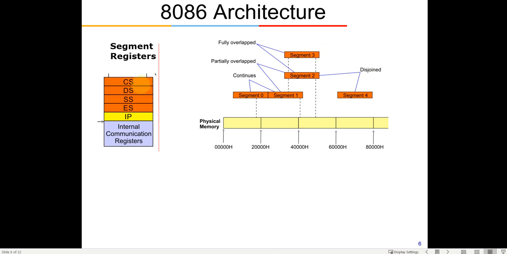For example, for the code segment, we generally don't write such lengthy code of 64 kilobytes, whereas the data could be very, very high. Suppose I am writing code to continuously monitor the temperature, take the average of 100 samples and give me an output. The code could be very small, whereas the data could be very large, since it is continuously monitoring a lot of data. So in that case, your code segment should be very small, and your data segment should be very large.